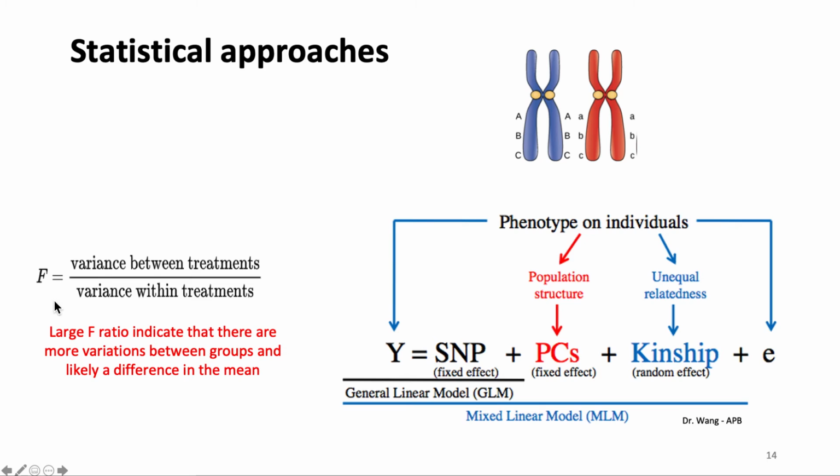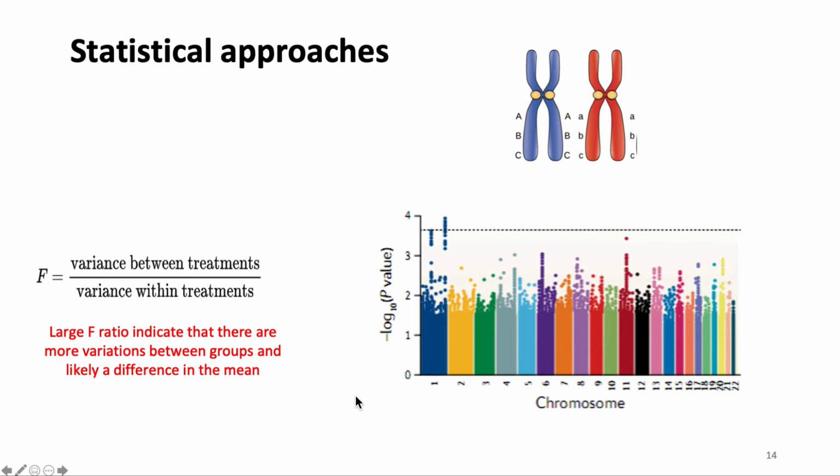So the larger the F ratio is, the more we can think that there are also differences in the mean of the treatment, which in this case are the genotypes. And with a mixed model approach, we can estimate the p-value,